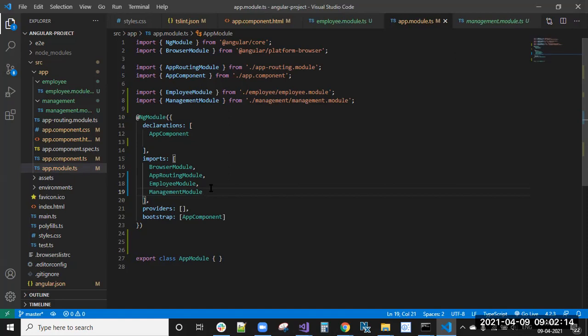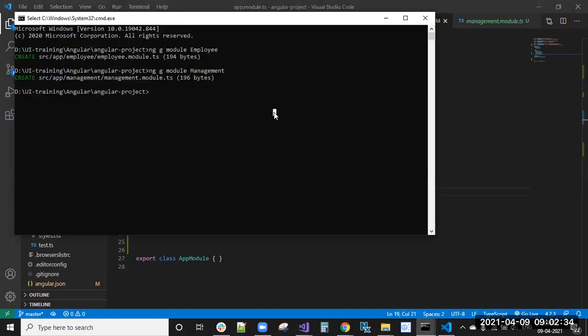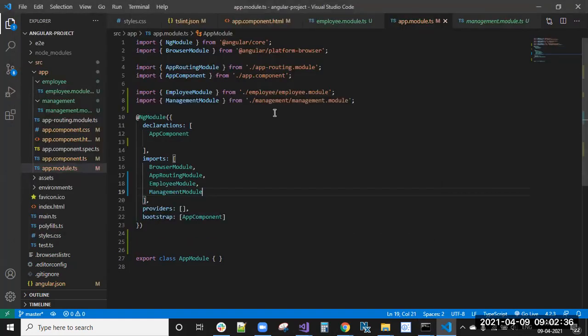I told you that if I have a number of feature modules, in that case it is very clumsy to see all the feature modules in the app module. In that case, we can create a shared module. We can create it by using the CLI, and we can also create it manually. How can we create it manually? Simply